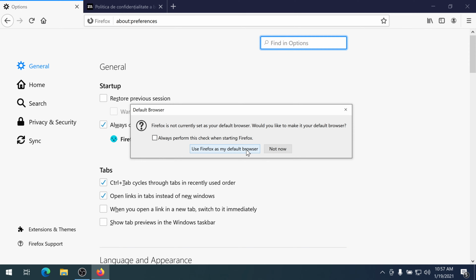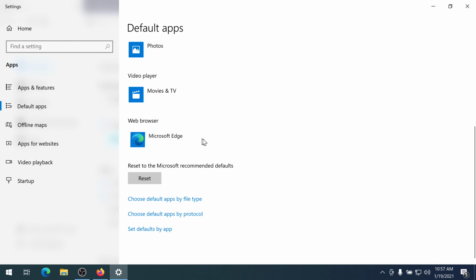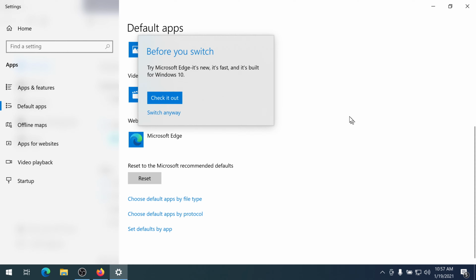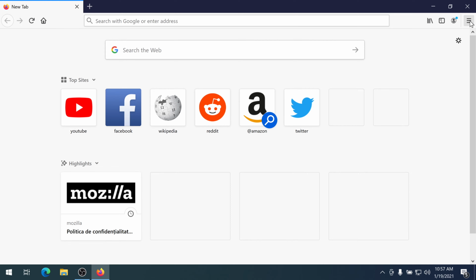Check use Firefox as my default browser. This window will appear. Now click here, choose an app, Firefox. Okay, switch anyway. Let's configure Firefox, shall we?